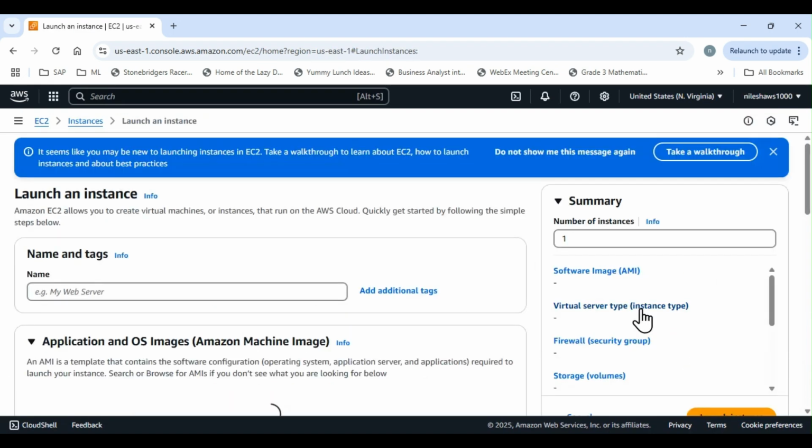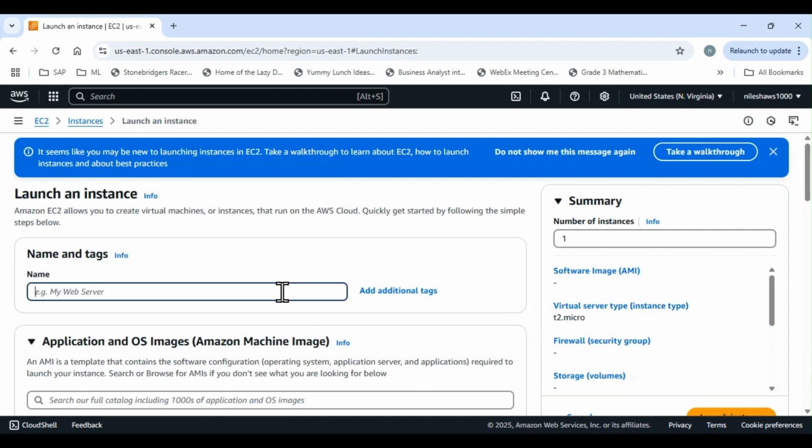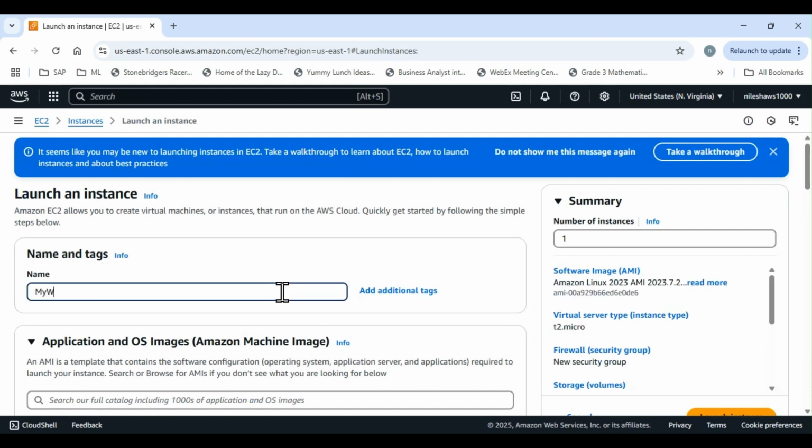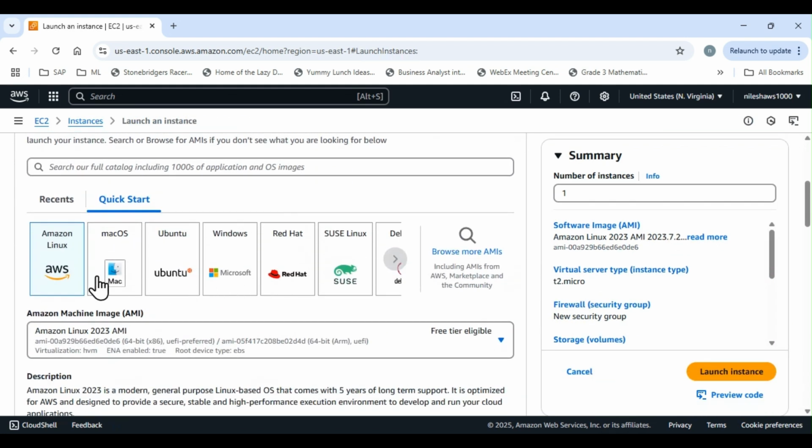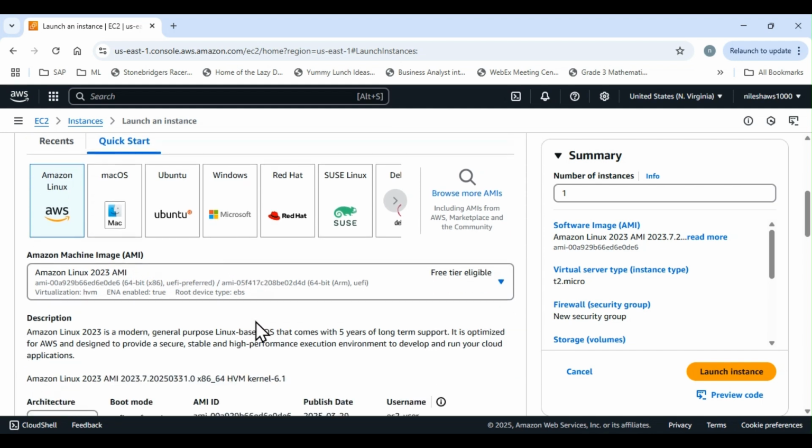You go to launch instance, and you can give a name. So it's like, okay, not very creative. My web server instance. Now we'll use free tier. So start with Amazon Linux OS. So you have to pick an AMI, Amazon Machine Image. So that will be the base on which the new instance will be launched. So you pick that,